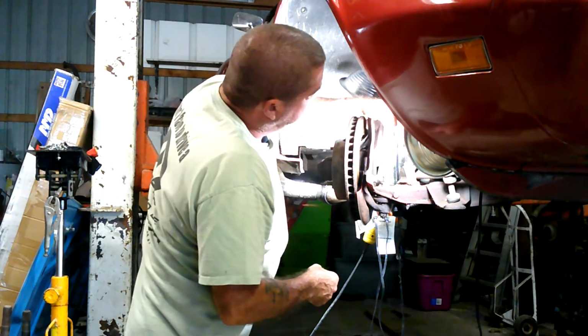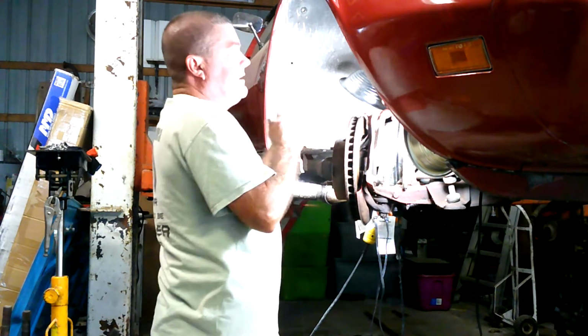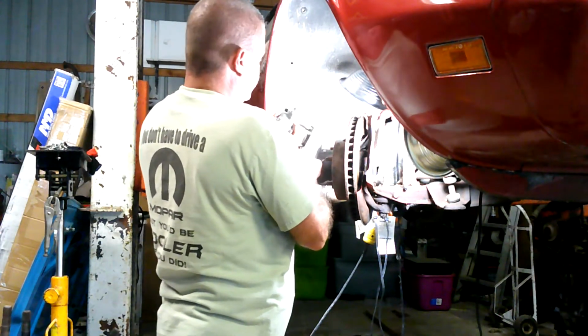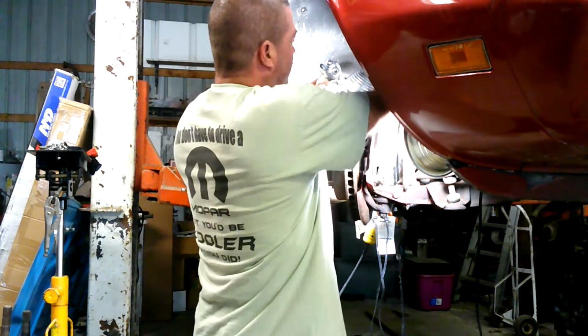Usually I'll try to grab, I always have them right near there, and I have the other caliper sitting right here below me, but I try to get that on as quick as possible so I don't lose a whole lot of fluid. But in this case it's not dripping, so I'm kind of taking my sweet time. But here's the new one. As you can see, it's kind of a shiny metallic color as opposed to red,